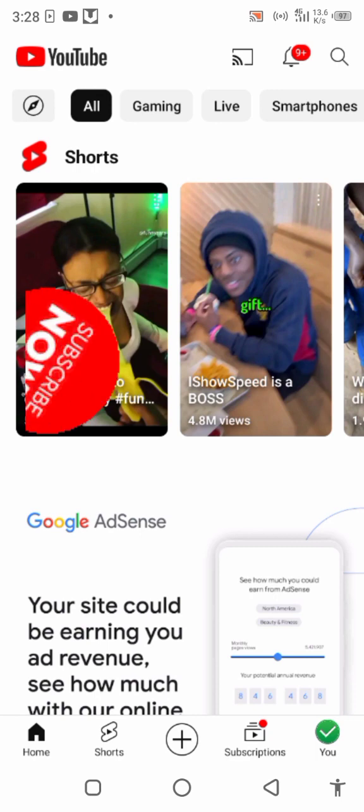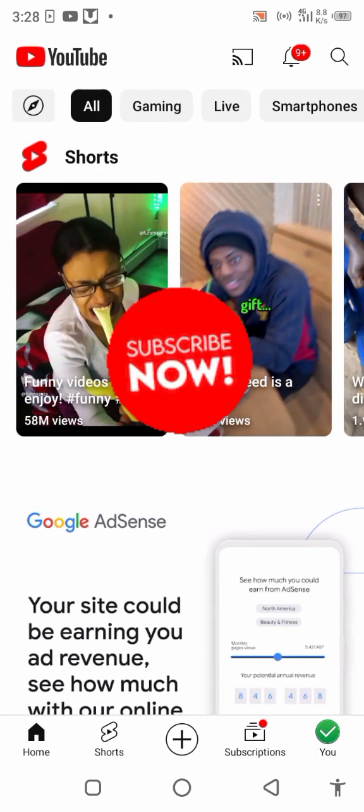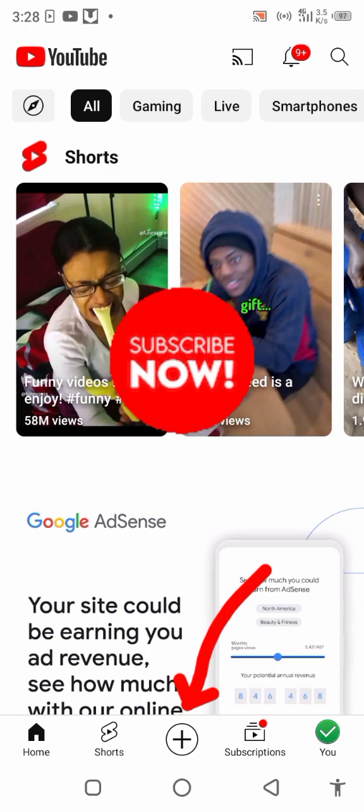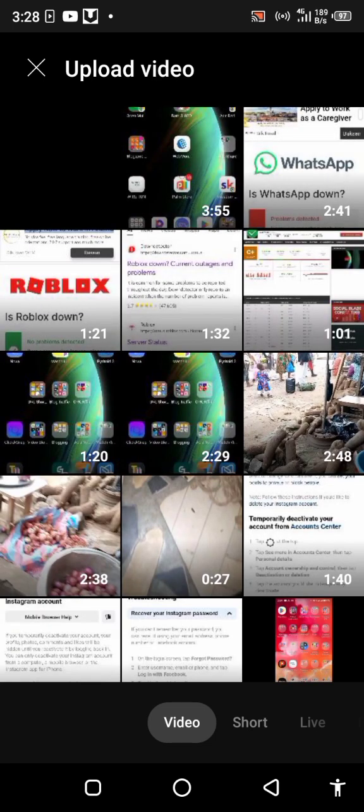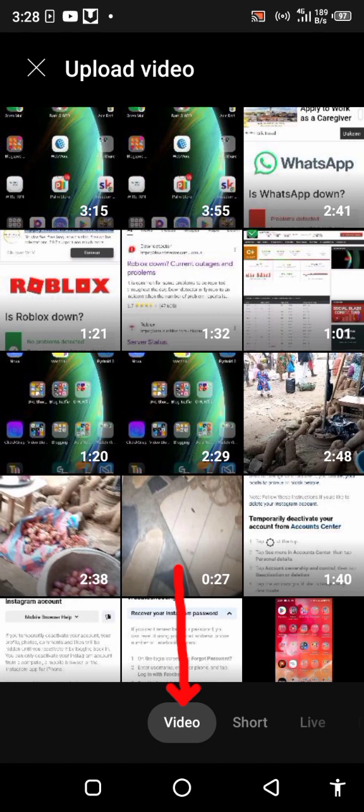When you tap on YouTube, you are going to be around this place. Next, tap on the plus sign down below over here. When you tap on it, it's going to load for you to see your videos. So when you tap on it, you are going to be in the video section. If you want to upload a short, don't just tap on the video over here. What you have to do is to shift to